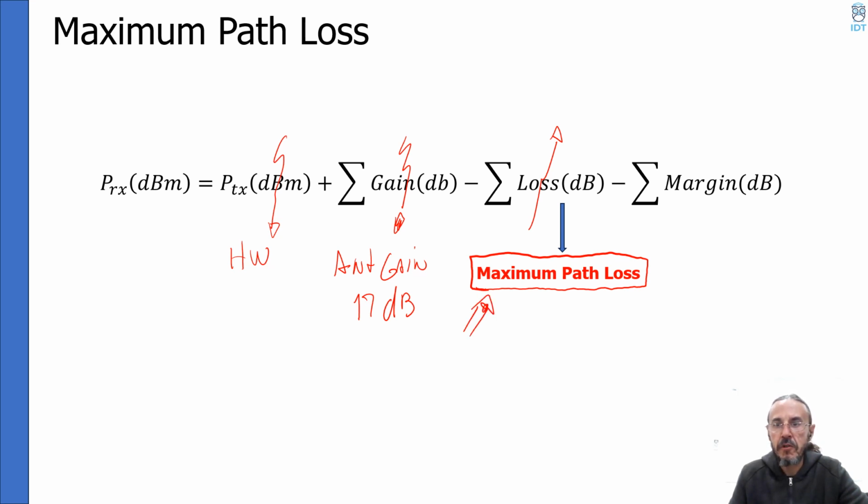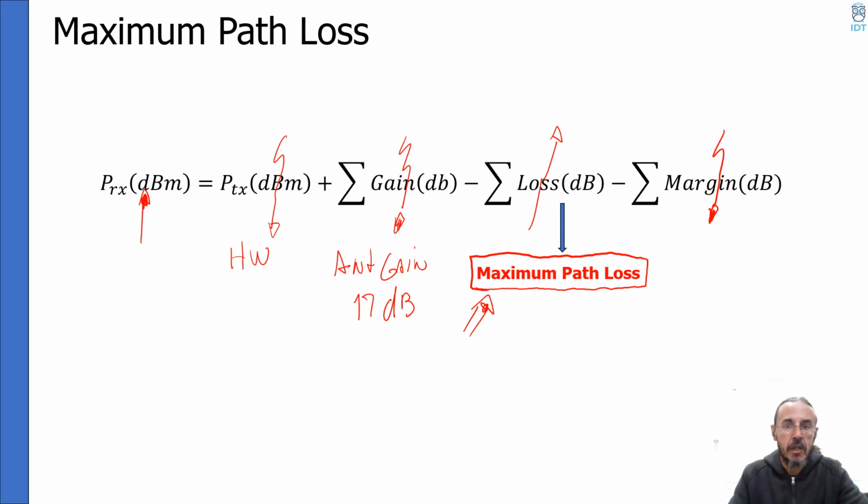And also we have to consider the margins of the project. There is no RF project without any margins. This is just to cover the normal quantity of variables that we have in our process. For example, one should consider if the user is inside home or outside home. One should consider, let's say, the interferences that are going to happen in our system. So all those things must be considered here. The point here is, what is this value?